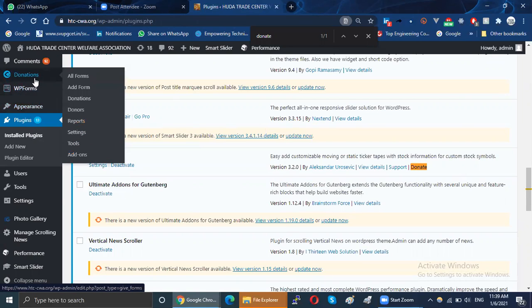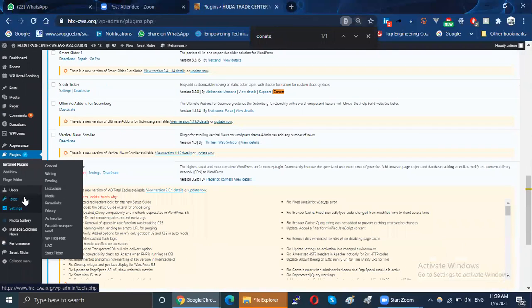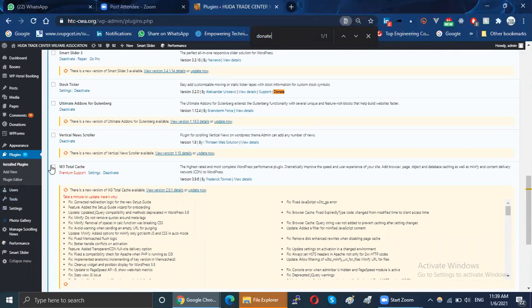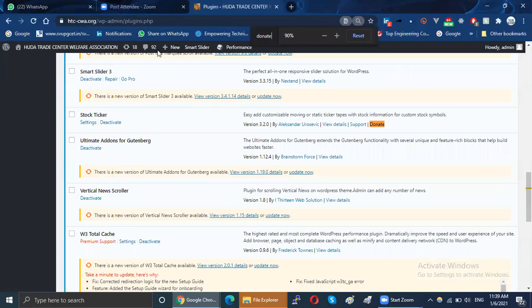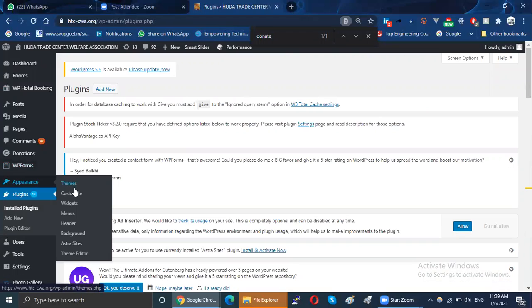So I have used a widget for getting the donations. How I will show you: if you go to appearance and widgets,